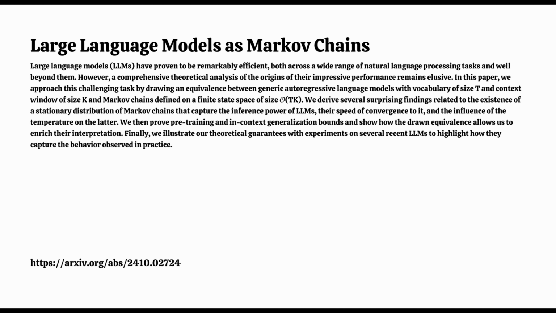What's interesting is the paper found that temperature affects not only what the LLM generates, but also how quickly its Markov chain reaches a state of equilibrium. Equilibrium. Can you explain that? What does that mean in the context of LLMs? Think of it as a point where the LLM settles into a predictable pattern of output based on its training and the input you give it. And this equilibrium is called the stationary distribution of the Markov chain.